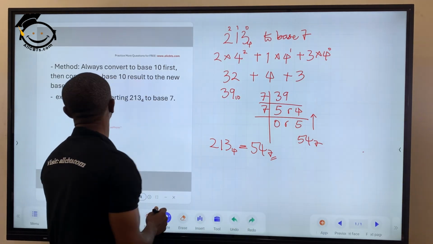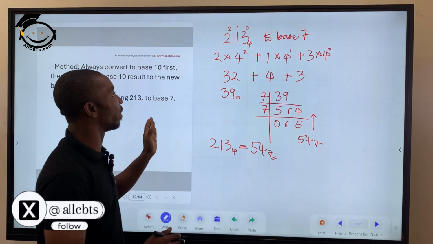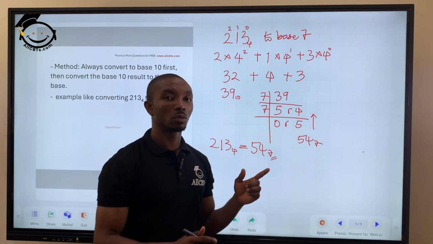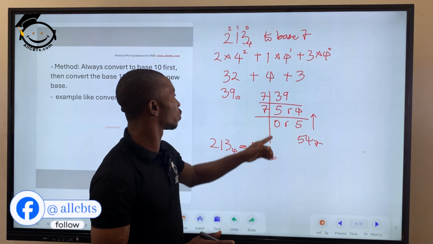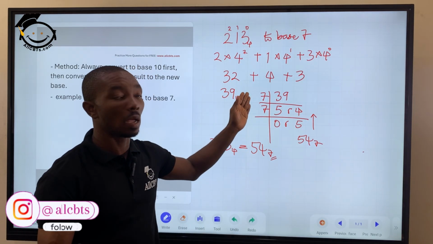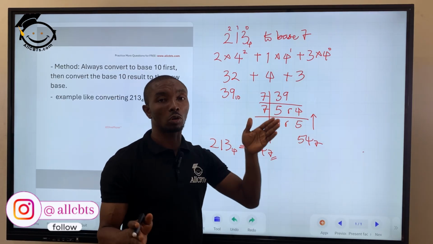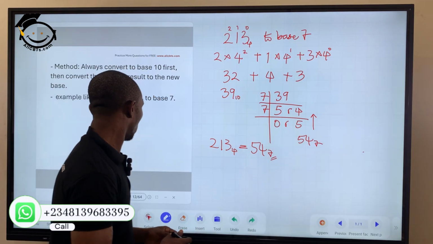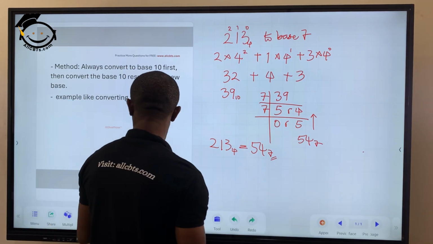So the thing to always remember there is that when converting from one base to base 10, you use your expansion method, and converting from base 10 to another base, you use your division method. Alright, next